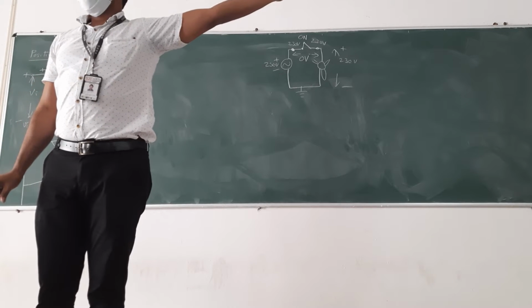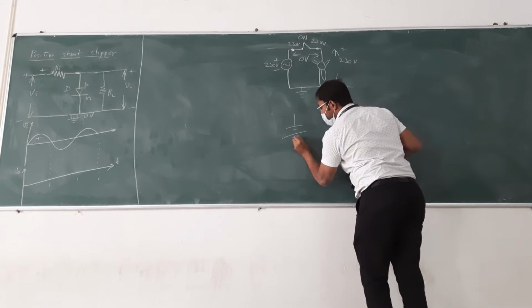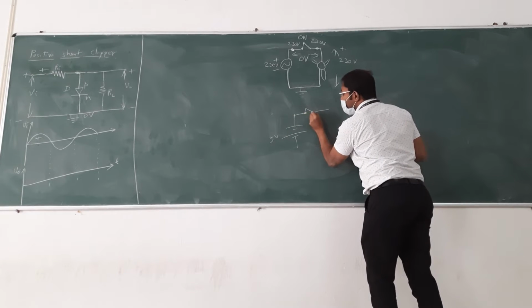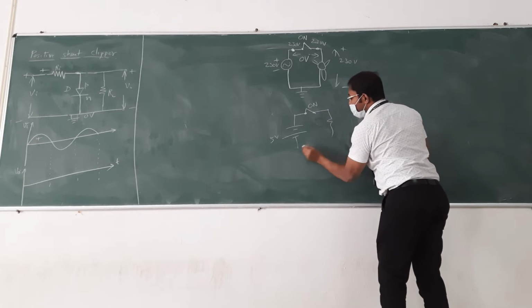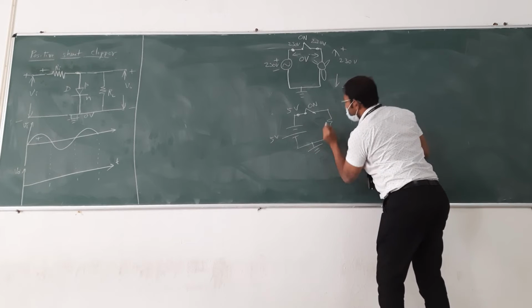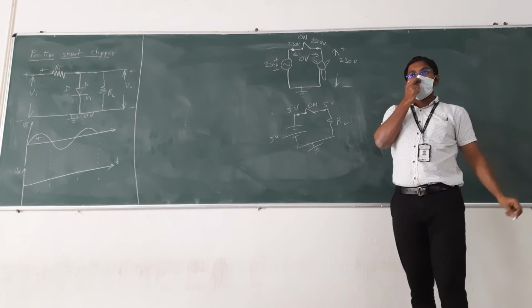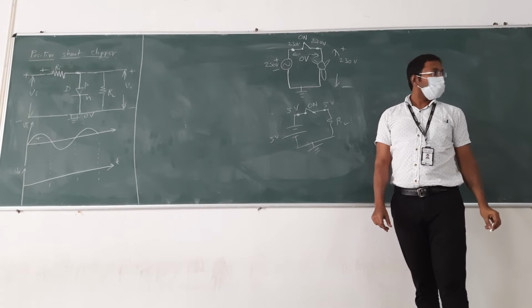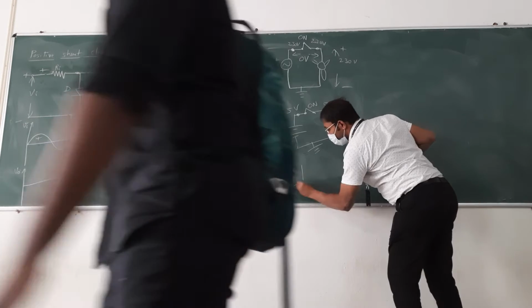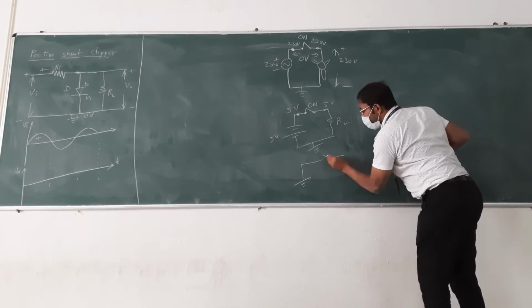You have seen? Suppose it is not 230, say you use DC 5 volts. It still works the same. When the switch is on, here how much? 5 volts. When this is ground, here how much? The 5 volts it is passing on to RL. Now, in the case of 5 volts, I will give a direct ground. Anything we can give.